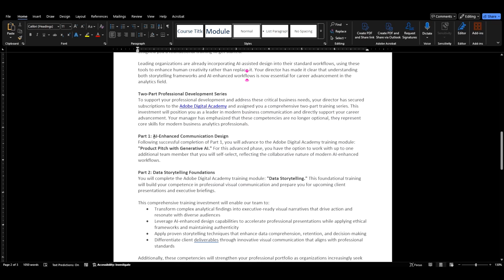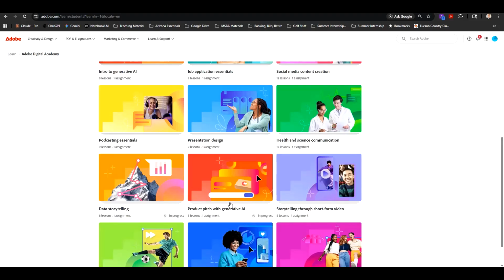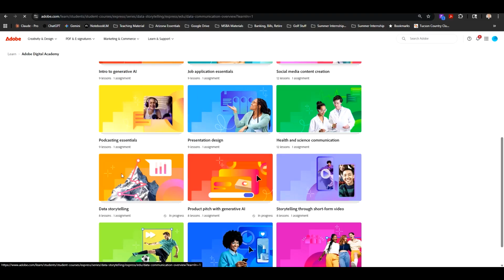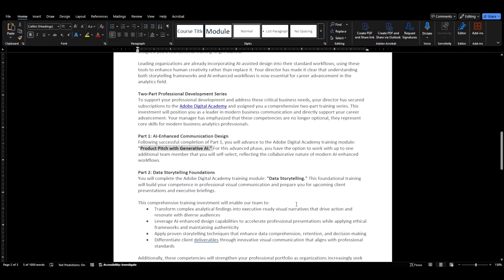So part 1 is going to be this AI enhanced communication design tutorial where we're going to complete the product pitch with generative AI. So if I go back to the Digital Academy, it's this one right here, right? So I'm going to control click. Hold on. Going to see, can I right click, open in a new tab? And then this data storytelling is going to be the second one. So I'm going to go ahead and I can just open this one because these are the only 2 that we'll do. So as I go back to our assignment,